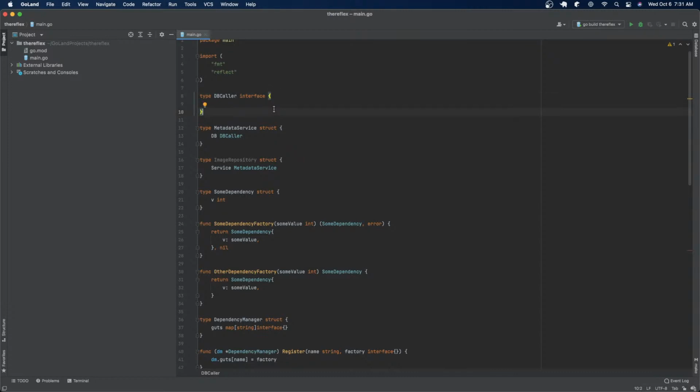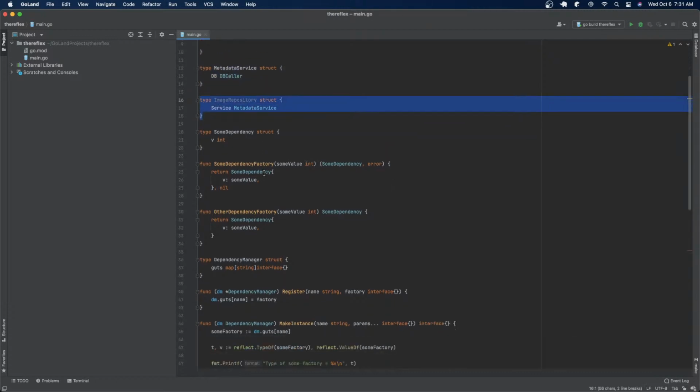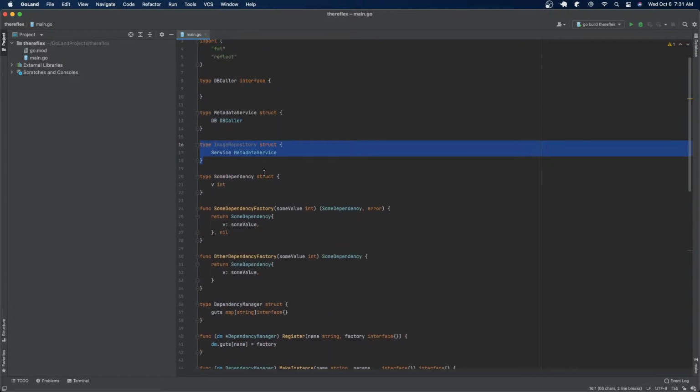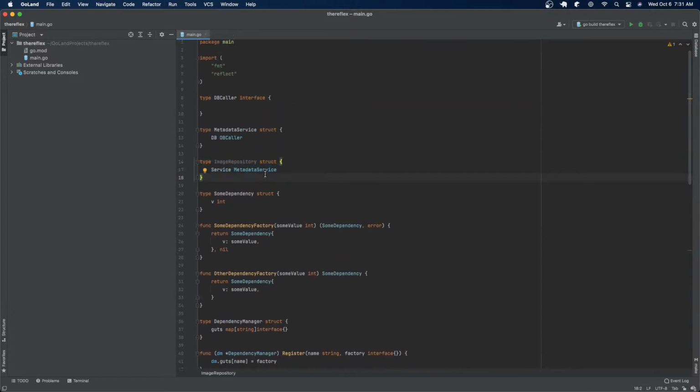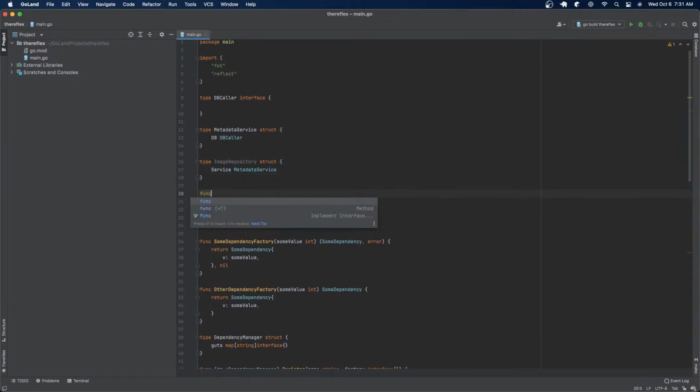And as long as we know how to instantiate this, then we can instantiate this, right? And then we can instantiate this. And down in my code, I'd be able to say, okay, give me the image repository. So I could say something like,